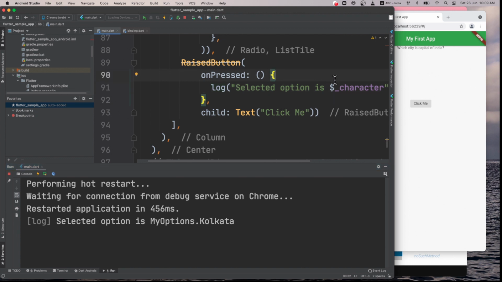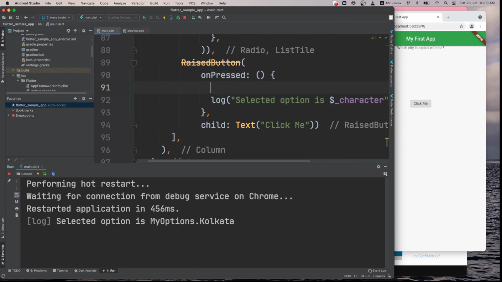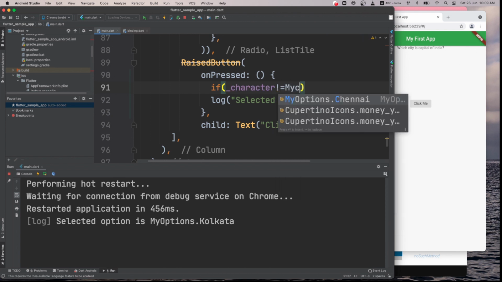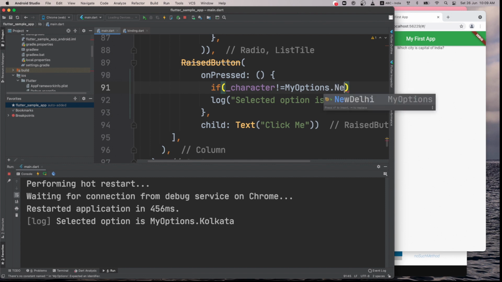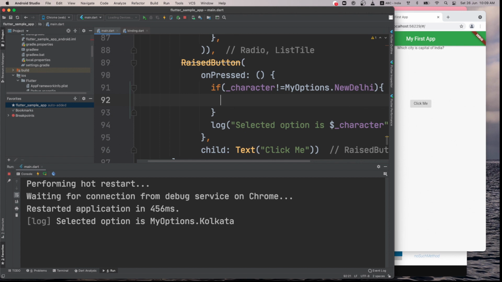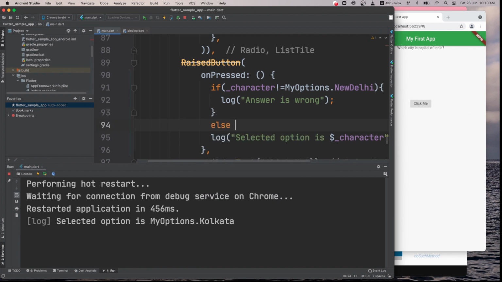Now once we know the answer, if we say if character is not equal to my options dot New Delhi, then we can say it's wrong, right? So we can say log answer is wrong, else you can say right answer.